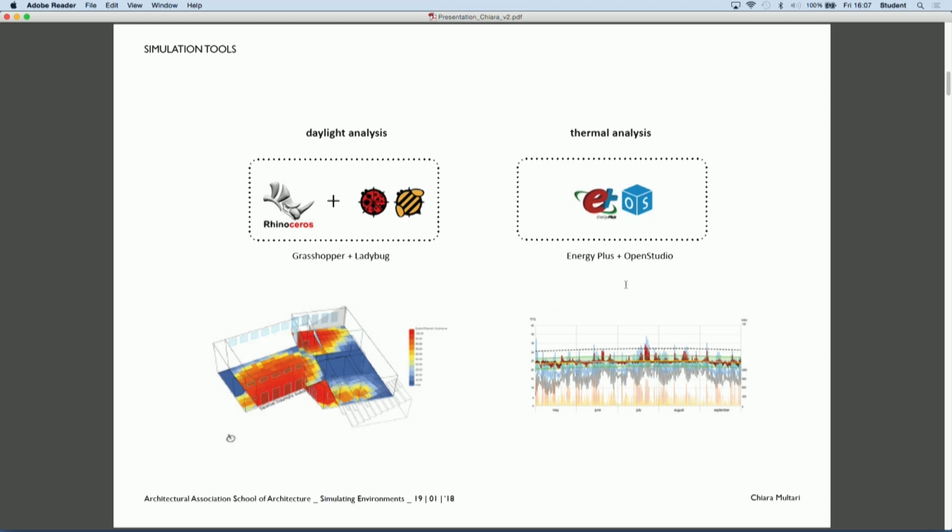For daylight analysis, we used the plugins for Rhino, Grasshopper, and Ladybug, whereas for thermal analysis we used the OpenStudio interface, which is a more user-friendly software for the EnergyPlus engine.